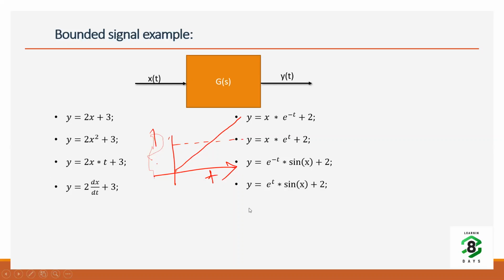So in a nutshell, before I go into problem solving mode, this is a very key message Amol is trying to convey: if your signal keeps growing with time, then it's unbounded. But if your signal is constant or it's within a limit, then it's bounded. Because that's the key value proposition which will come when we discuss stability. So Amol, let's go to more problem solving and then we'll take the questions, because that will probably be of interest to the audience.